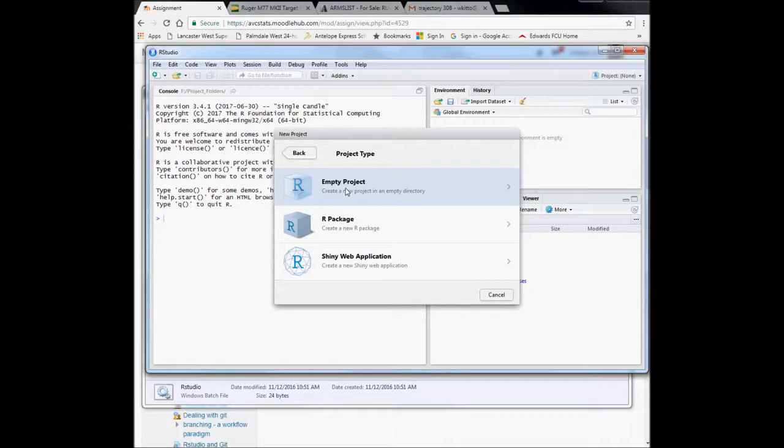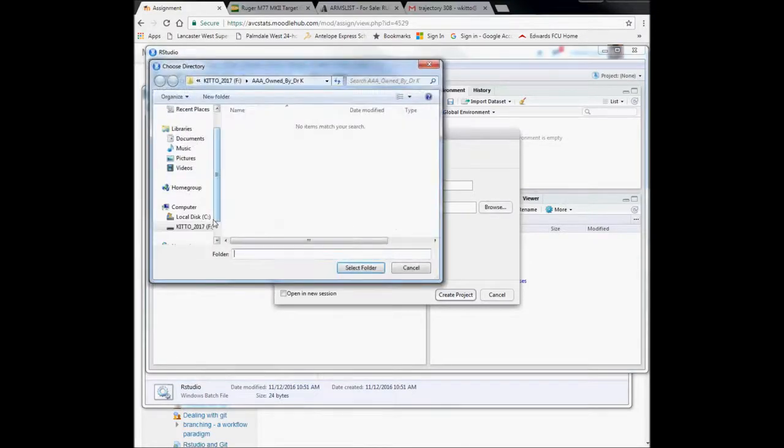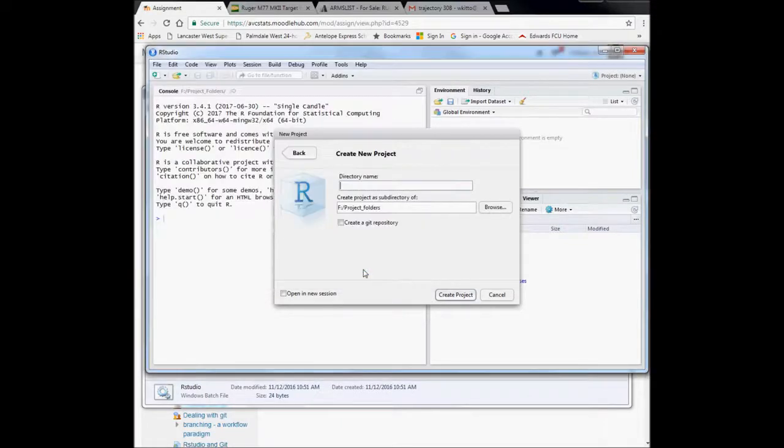It's going to be an empty project, and it's going to be a subfolder of, let us make this right, subfolder of our project folders directory. Yes. And we want it to be a Git repository. So we're going to click this box,